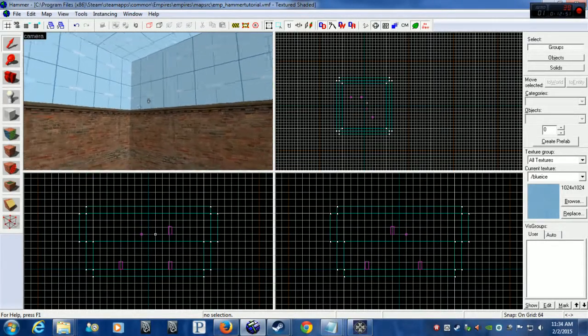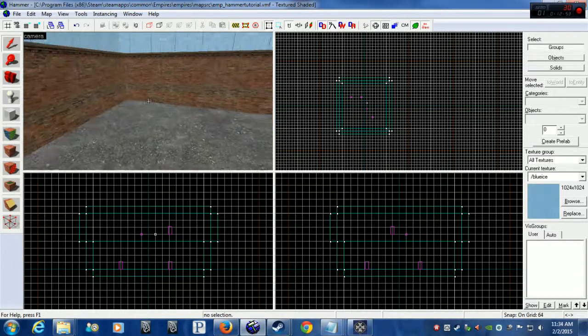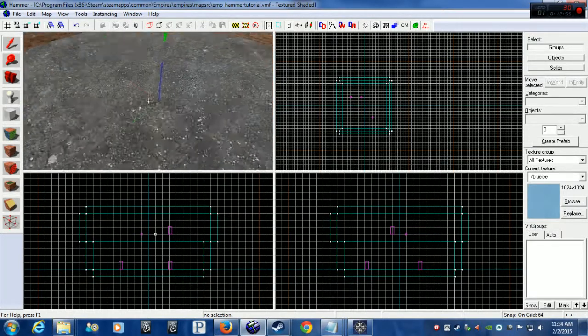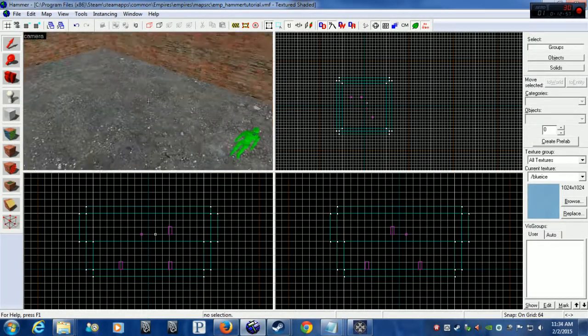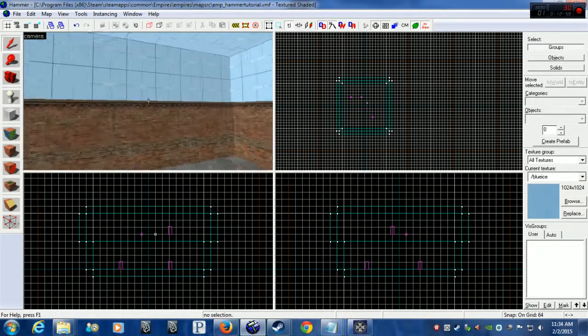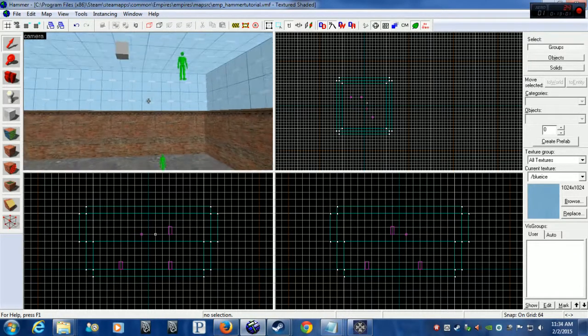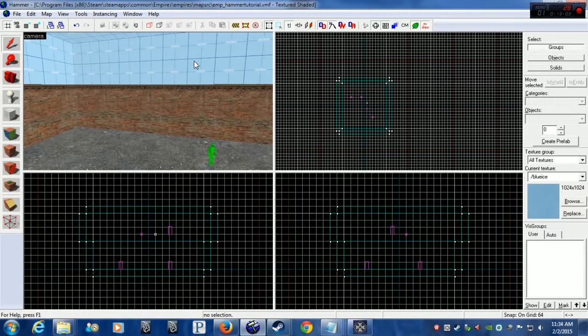We should start adding some stuff in here, and we may add some static props and stuff too, just to dress it up a little and may expand it out. So we have some more rooms, but